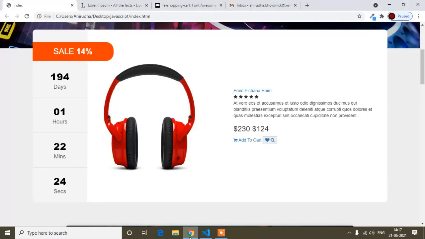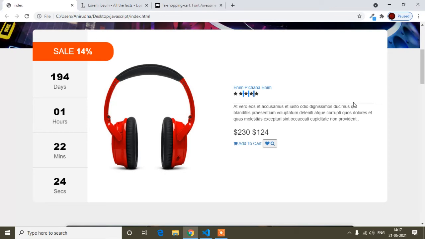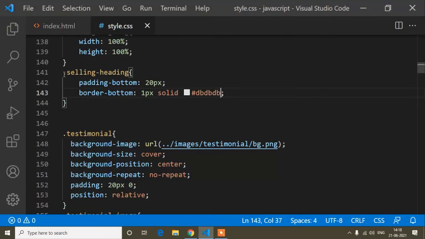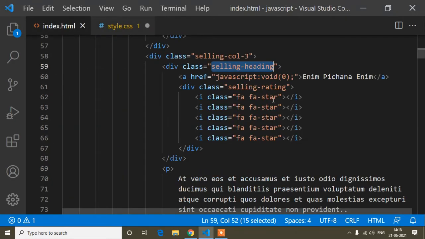So this is done. So first of all I'll show the preview. So here you can see it's looking like this. Here is the border bottom also. And now I will add the design for this anchor tag first of all. Okay, so now this same thing just I will copy, and just here I will paste, and sorry, again I will just copy. Okay, and here just paste an anchor tag, because here you can see this is parent, and inside this parent there is the anchor tag. And now I will add the design for our heading, and heading is inside this anchor tag.